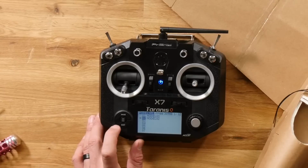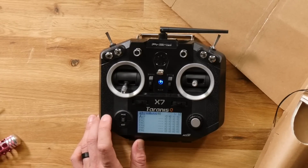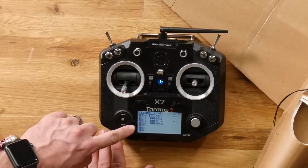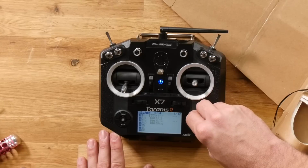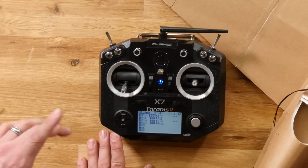All right, page. Page. Page. We just want to make sure page until you see inputs. There you go. So right here you can see throttle, aileron, elevator, and rudder. So we've plugged them in according to this right now. But if we want to change it, all we need to do is just simply scroll over and we can actually change what we want if we had to. Yeah. Cool. Yep. So now we can just exit